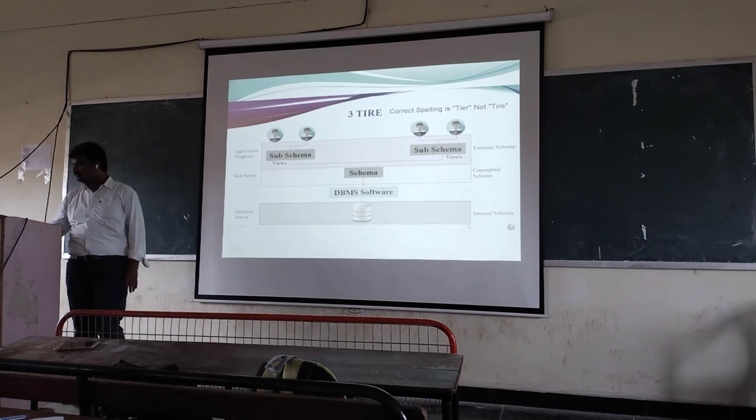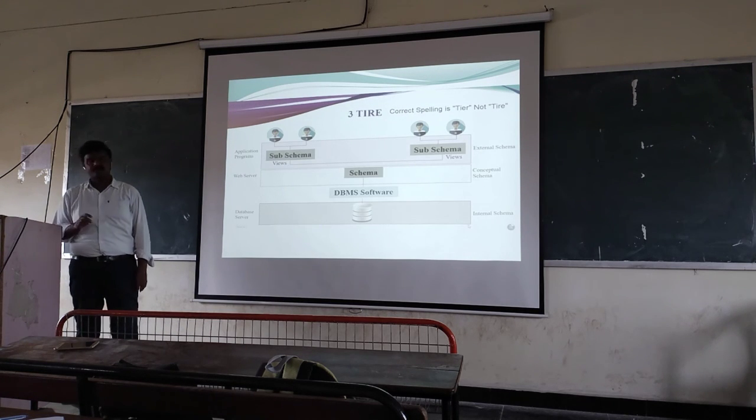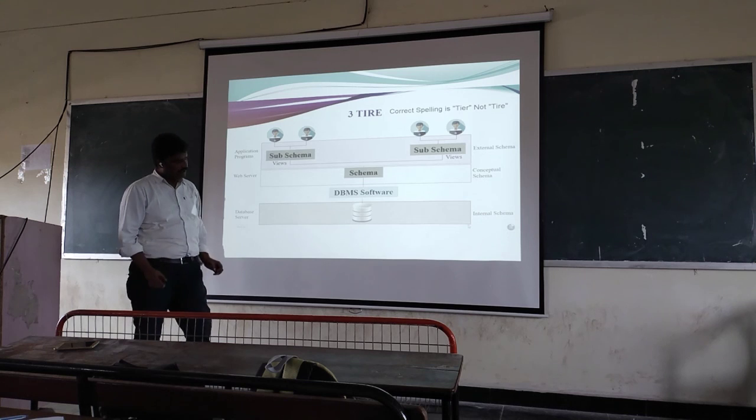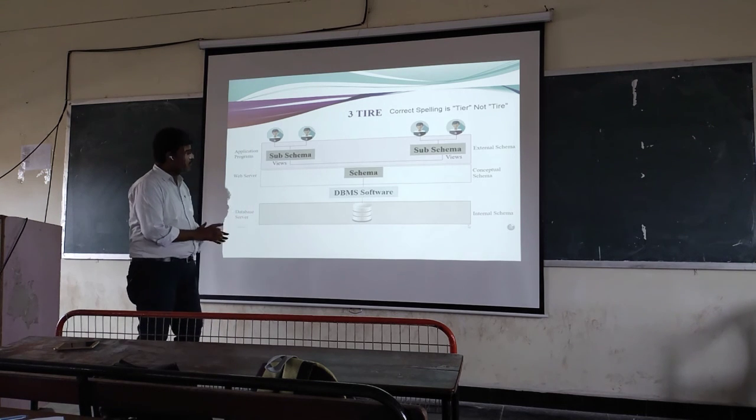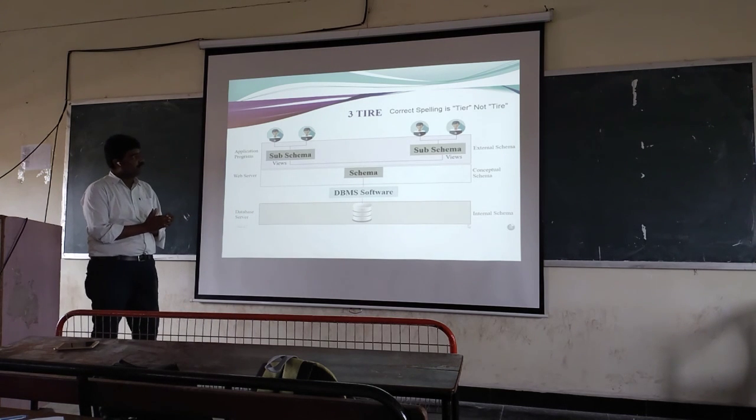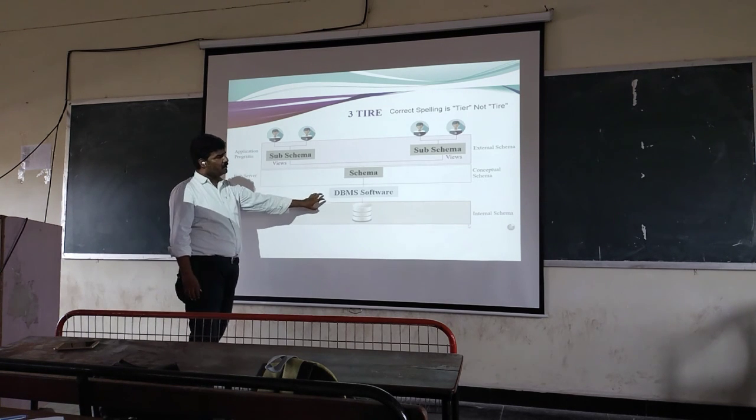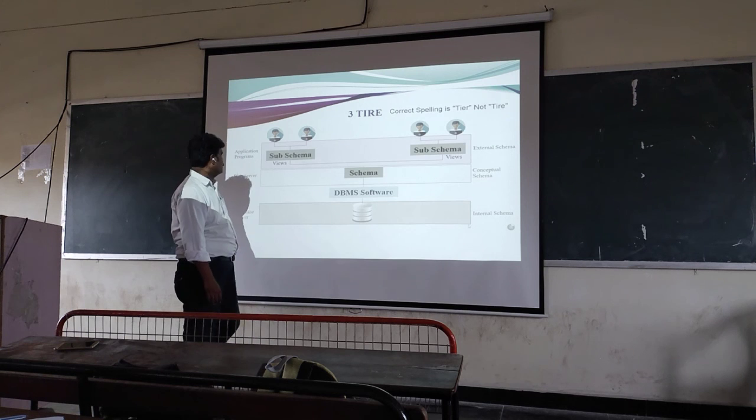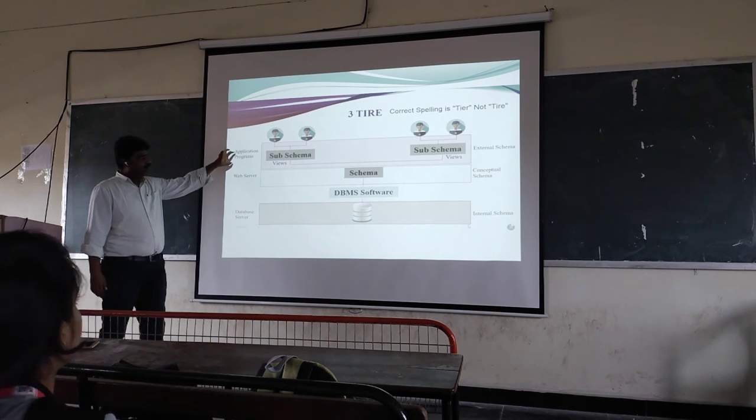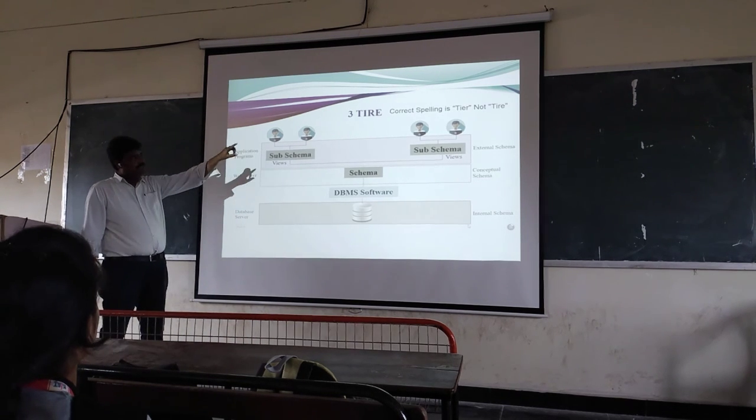Then what is this? Please note the diagram here. There is a sub-schema, the three-tier concept. Okay, so there is a view, and we're going to get here. Please note this down once. These are the application programs, and there is the external